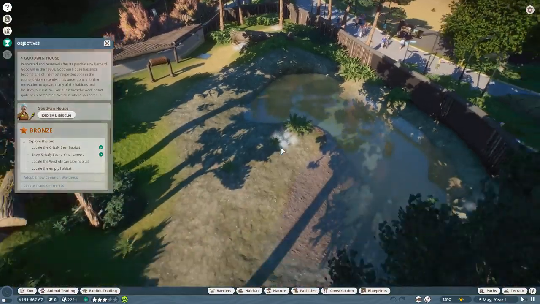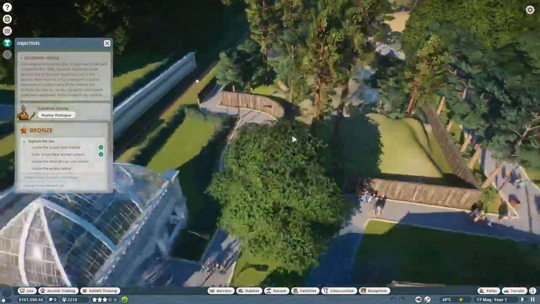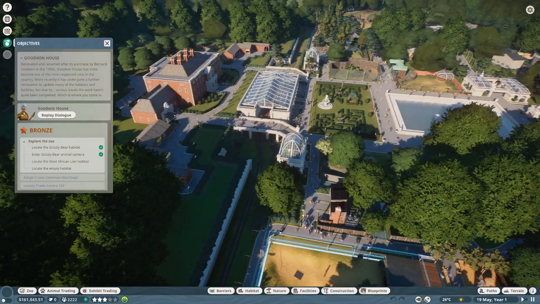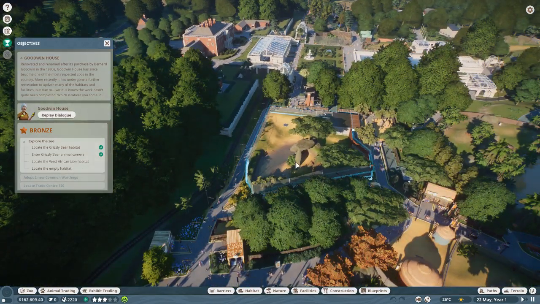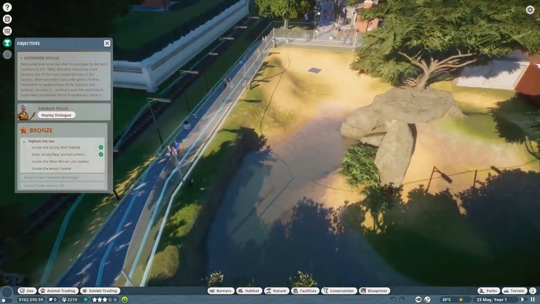What's going on? Is the water too stale? She said she had... What's the objective? Locate the West African lion habitat. Okay. I think there it is. Slowly. The scrolling is a bit...